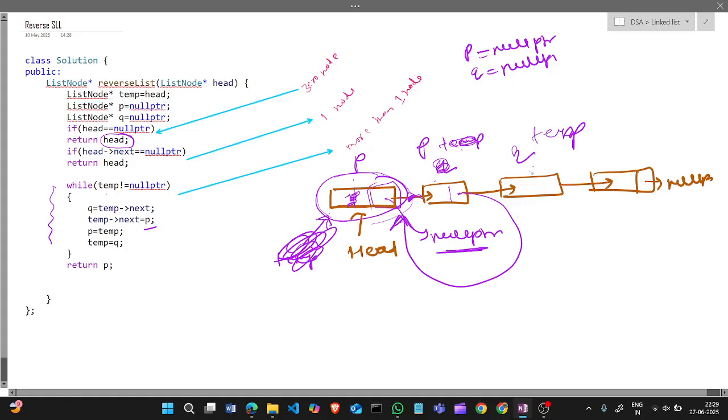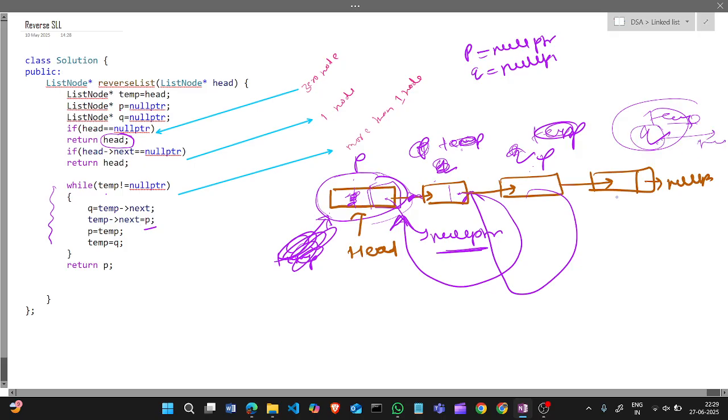Okay, so temp is not null, then we will shift this, its next to p, and we will make p here and temp is here. Now check, temp is not null, so we will make q a temp next, which is a null pointer, and so its next is pointing to p, and we will shift the p to here.